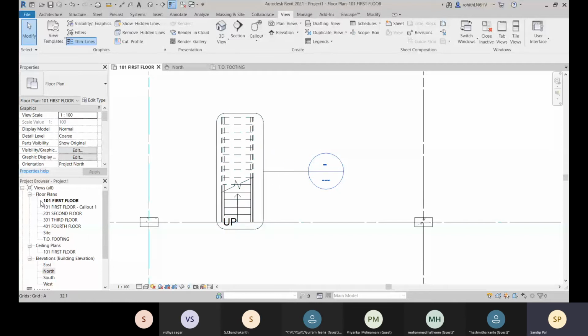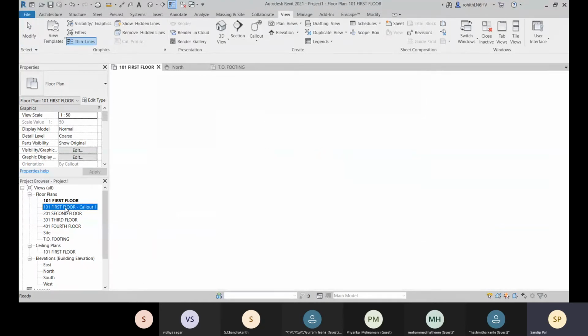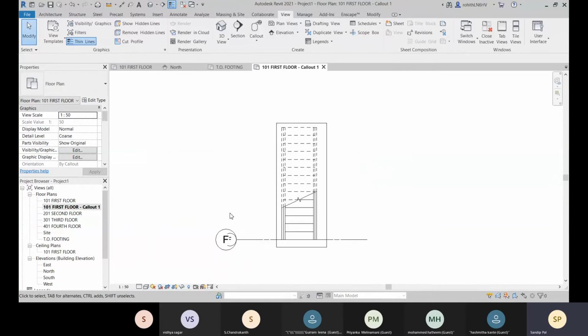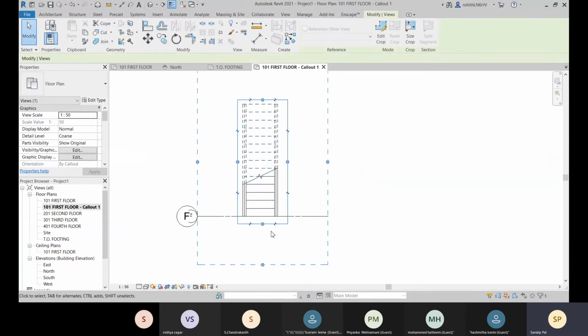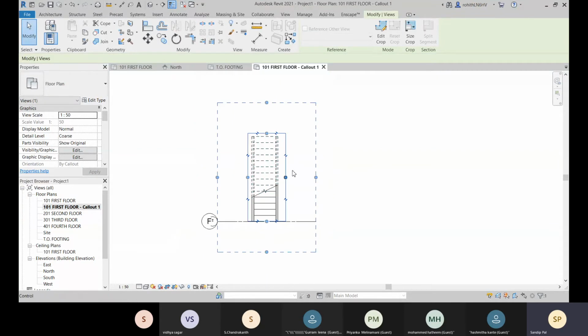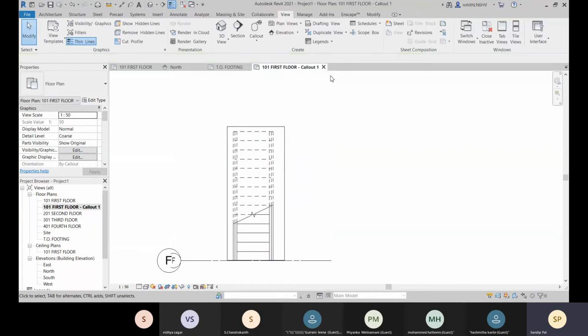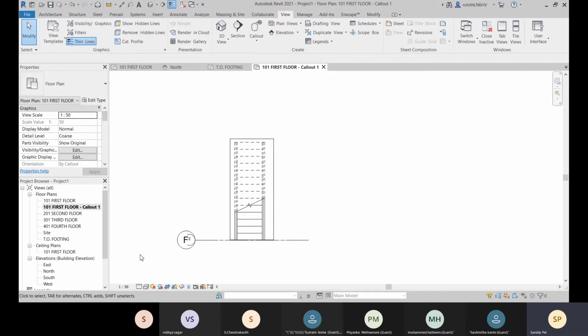And come to this project browser, and here you can see that this 101 first floor callout one is created now. And here if you come, now you see that this is created, and this is your callout region. If you change, that is changed. So that is your callout view, and this is particular and specific for this stair.